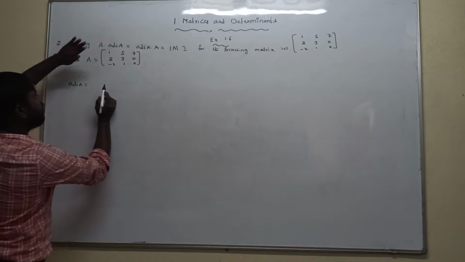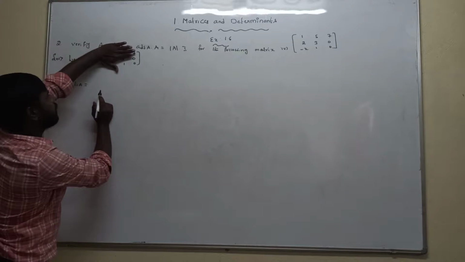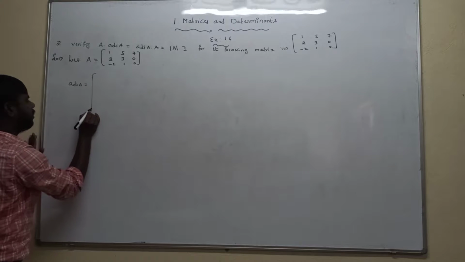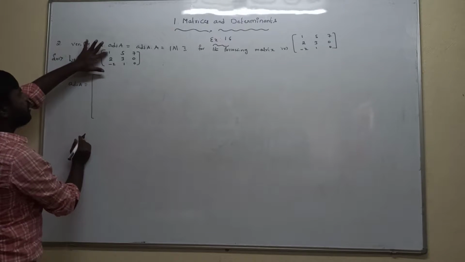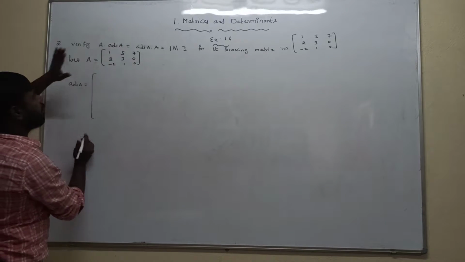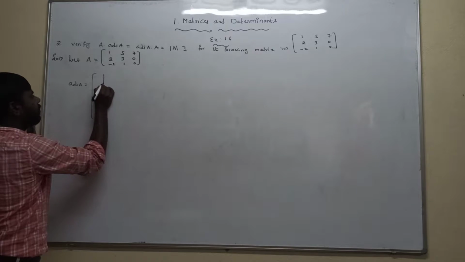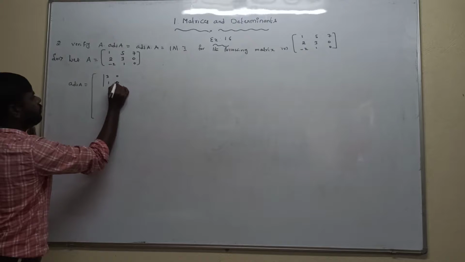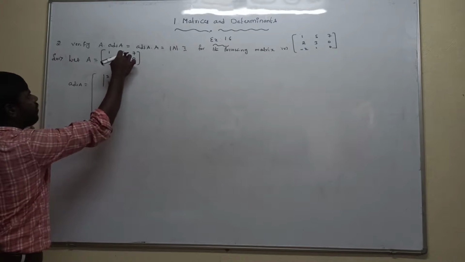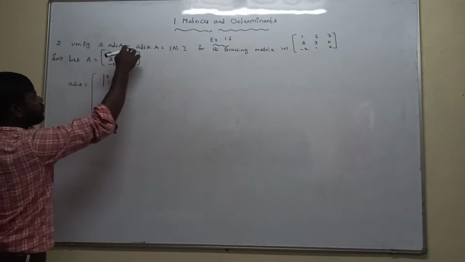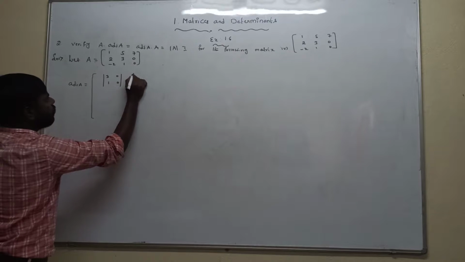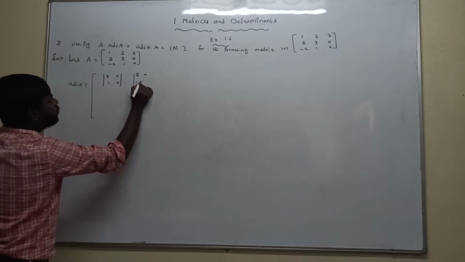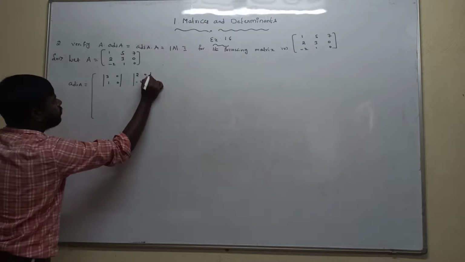We are taking 1 present in the first row. First column is eliminated. Write the left-over elements: 3, 0, 1, 0. Next, we are taking 5 present in the first row. Second column is eliminated. Write the left-over elements: 2, 0, minus 2, 0.